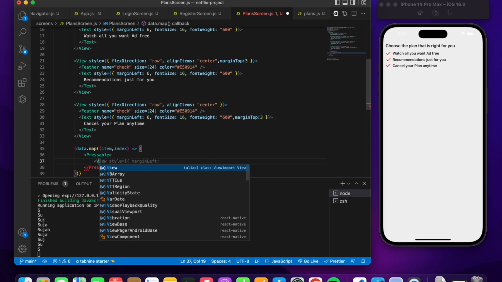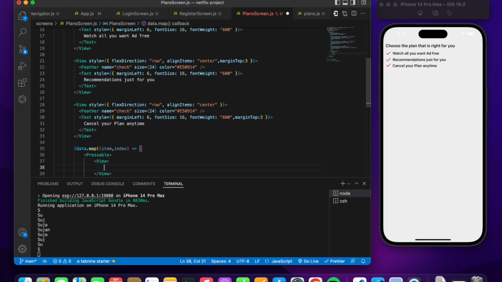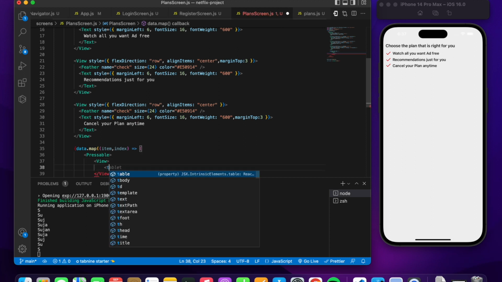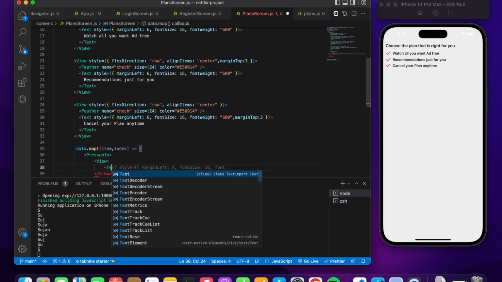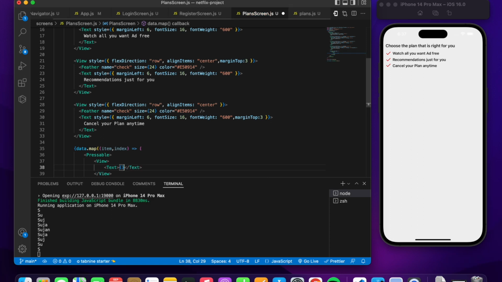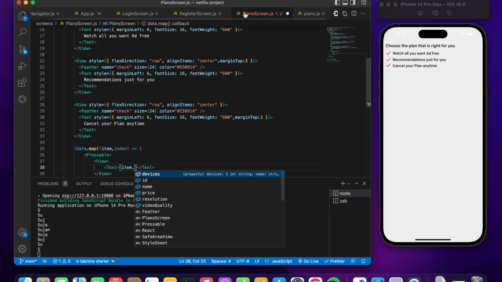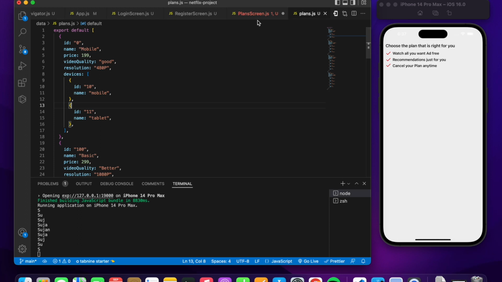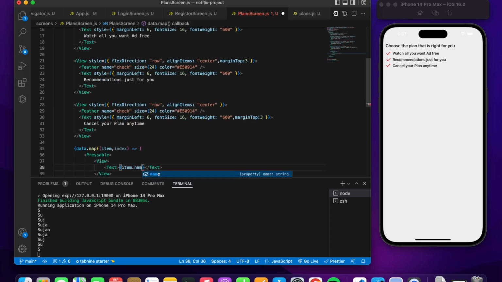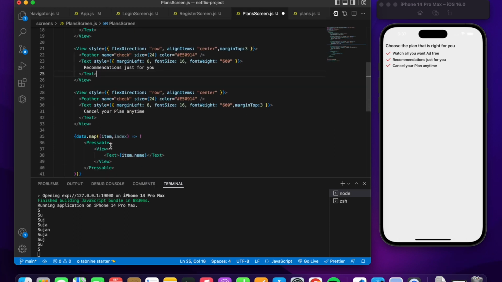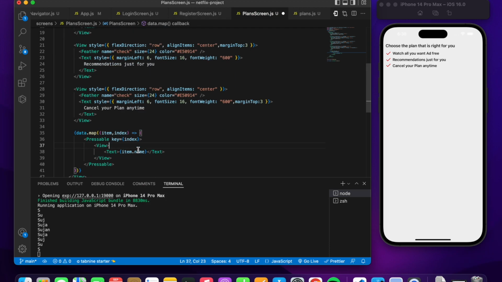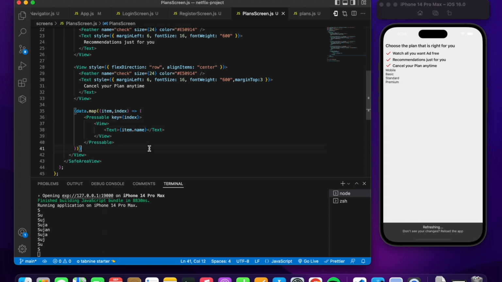So okay, let's initialize a view first. Inside that, let's put up our text. So to access the name, I think it's item.name, right? So item.name. Let's give the key for it. It's gonna be index, and then pressable is imported. So let's save the file. Yeah, so pretty much you can see the values coming up. Okay,